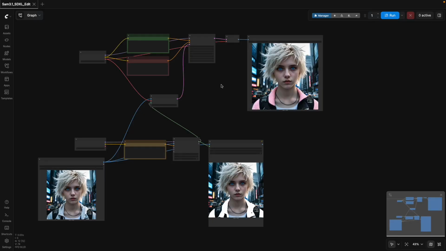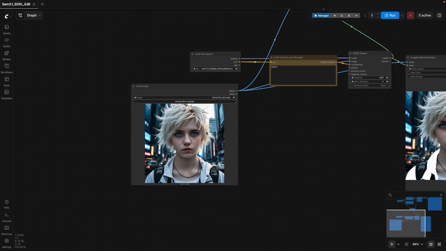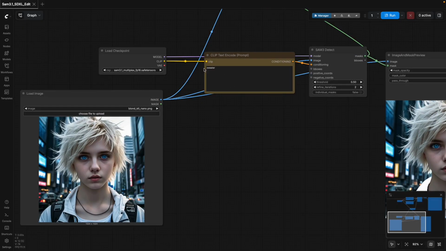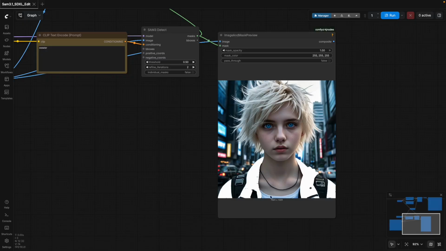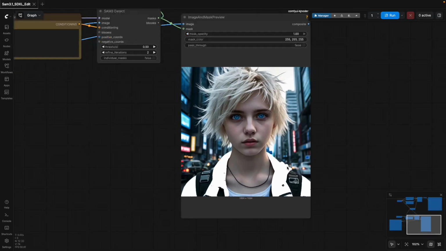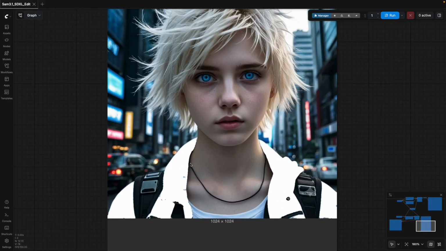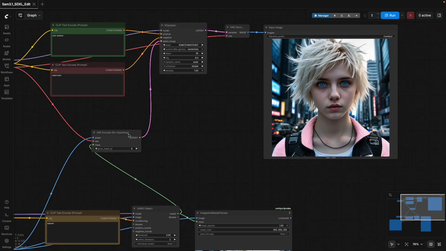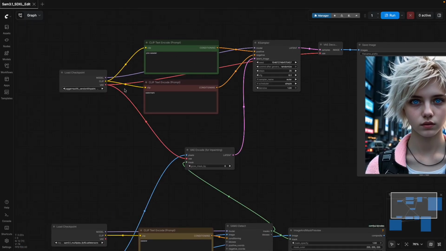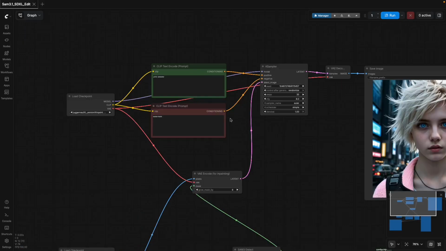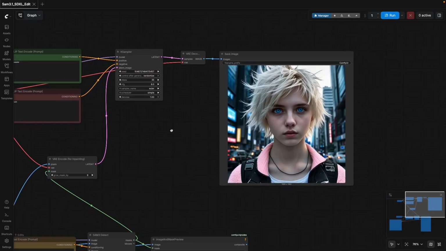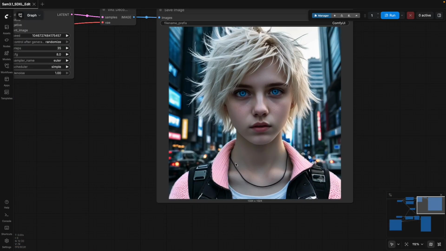In today's video, we're going to be going over this workflow that uses SAM 3.1. What it's doing is taking in this image, and then it is getting an input, which is here, sweater, and it's selecting the sweater automatically. So I did not have to make this mask. It automatically masked the sweater for me, and then we are passing it into another workflow, which is just a standard inpainting workflow, and we're giving the prompt pink sweater, and it's automatically putting a pink sweater on our character,